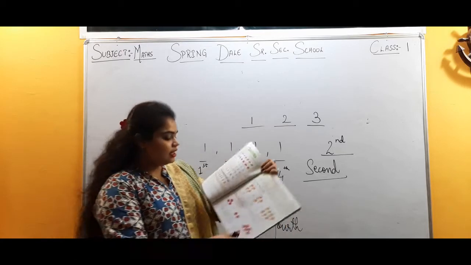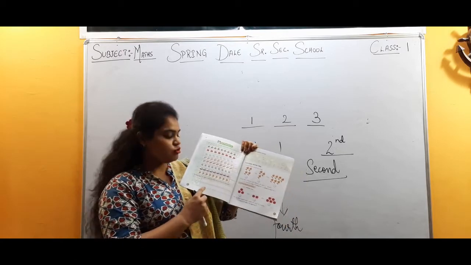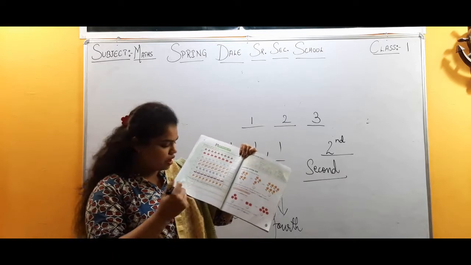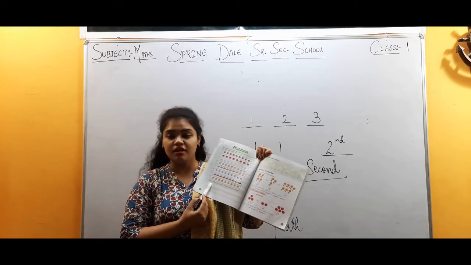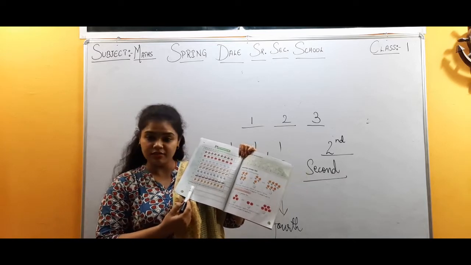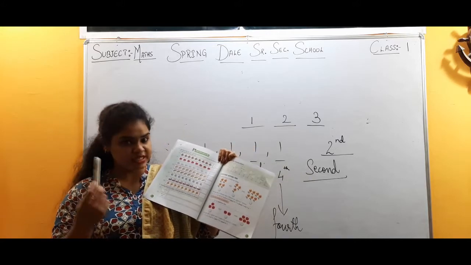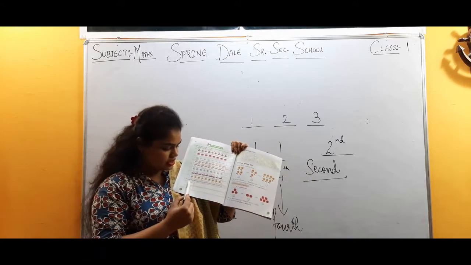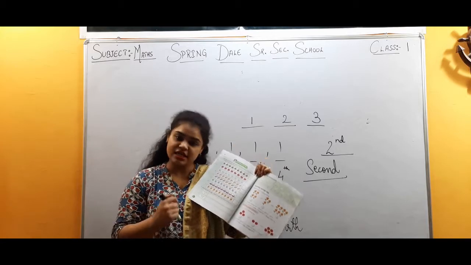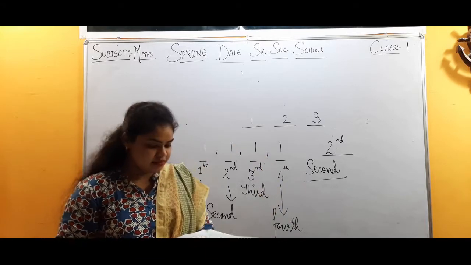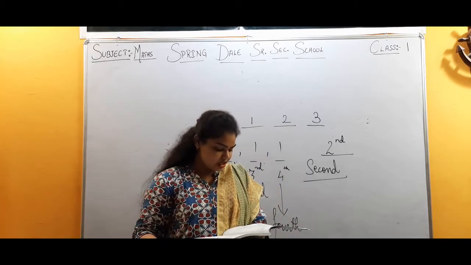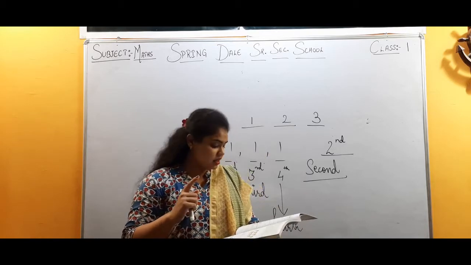Now children, in the next question, what you have to do? You have to start from the left side and you have to color the picture which is given in the numbers which are given in the box. That from the left side you will start from this side and you will just color the second picture and the seventh picture. And in the B part you have to color the kite at the fourth place and the sixth place.